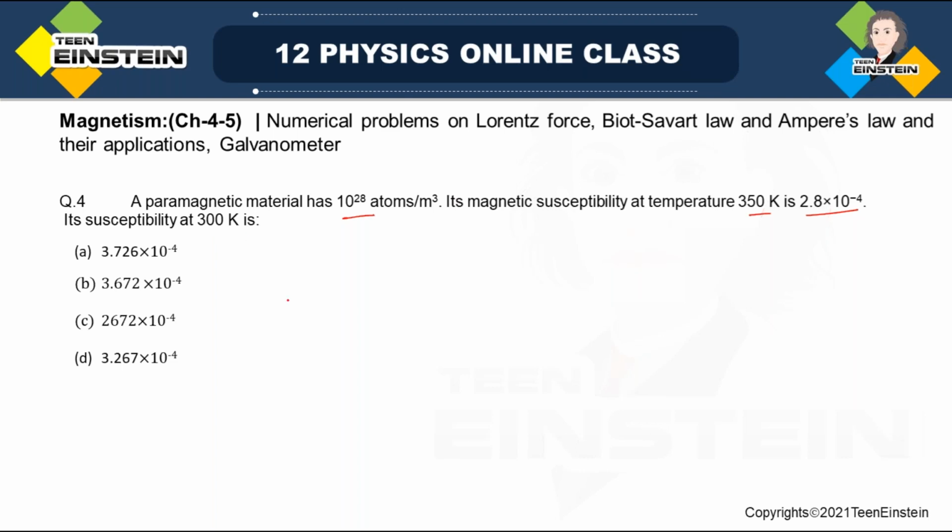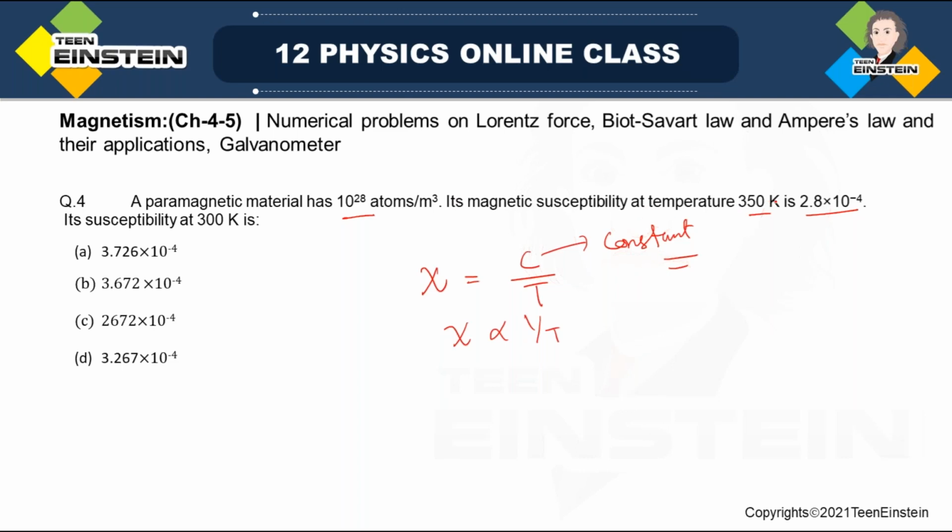So for a paramagnetic material, the susceptibility is given by C by T. Chi is equal to C by T, where C is a constant quantity. So we can write that chi is inversely proportional to temperature. Okay. Now see, if I have a paramagnetic substance at 350 degrees for which the susceptibility is given,